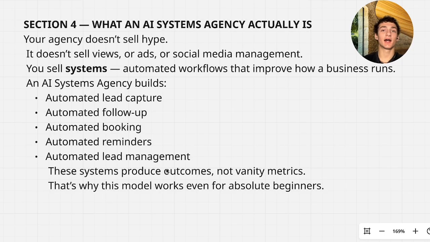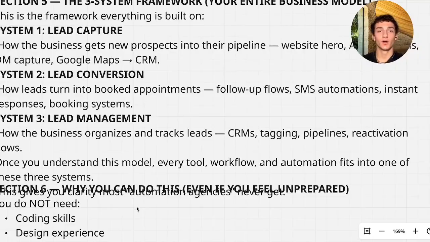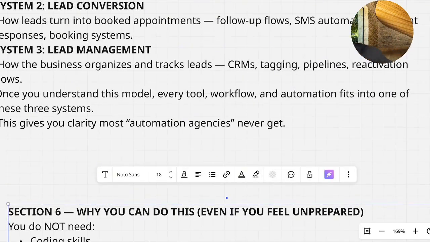On TikTok, a lot of these businesses or restaurants or whatever that post or have people posting for them because they hired an agency, you'll see in the comments, "if only it wasn't 20 hours away from me." So those are vanity metrics that most businesses are sick of hearing about and they don't trust, rightfully so. That's why this model works even for absolute beginners, because it's just about your systems that produce outcomes, not these vanity metrics. All right, sorry.